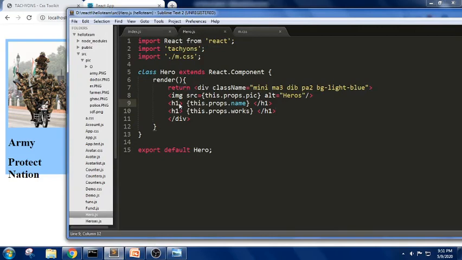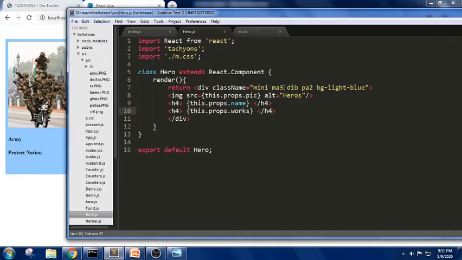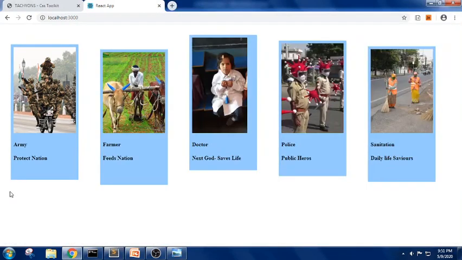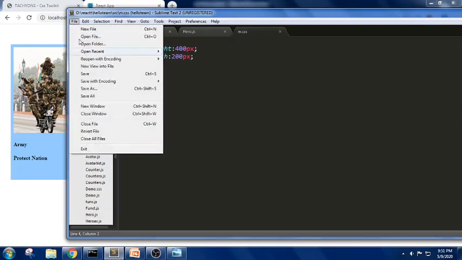Let me write some small h1 tag, like let me take h4. We can also increase the width of it. Yes, we got it. Now if you can see here, let me take a margin as 4. Let us see how it goes. Yes, we got it, everything in this way. So we have written some height and width for these images, and we are trying to use these properties.